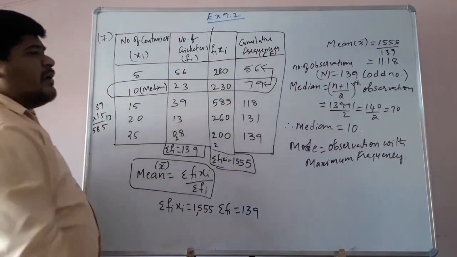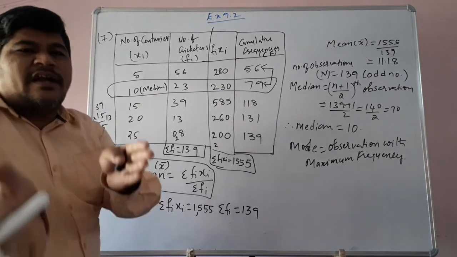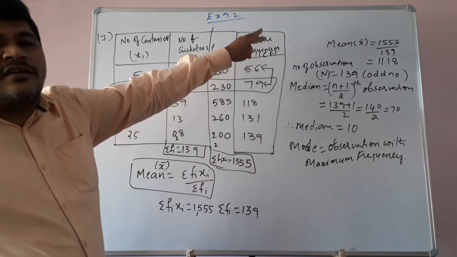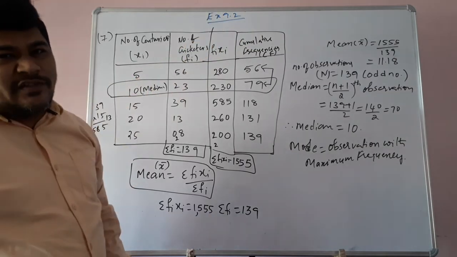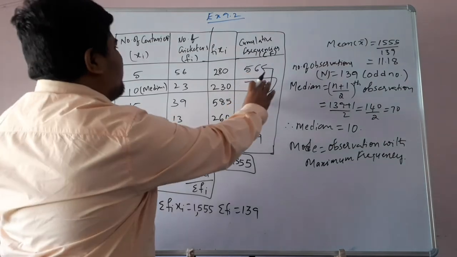In that, this is less than cumulative frequency. It's 1 by 1. So from top to bottom, we are going on adding. Now from down to up, if you do the same thing, that is called greater than cumulative frequency. Okay, so children, that is the other thing. So here we learned the cumulative frequencies.